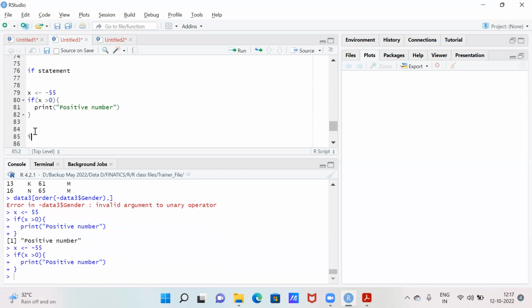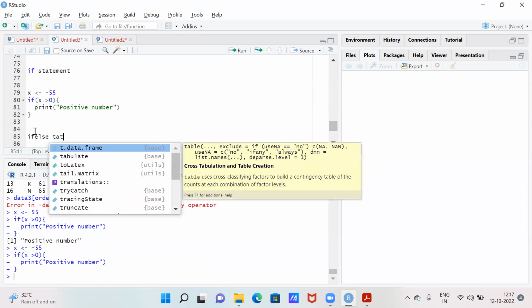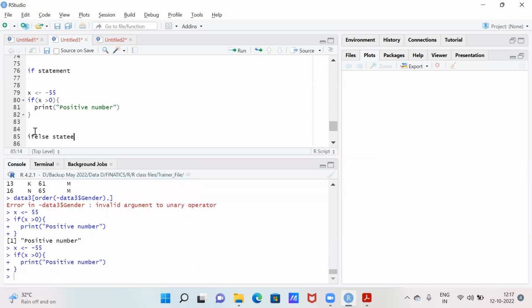Then is an if else statement, where we give an else condition as well. So if the condition is not met, then what will it print? Similarly for here, if x is greater than 0,